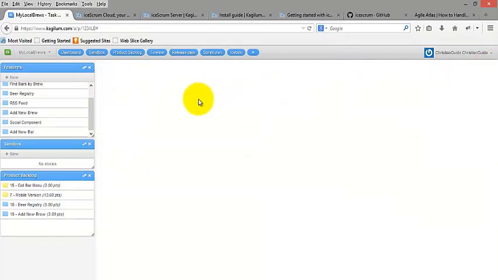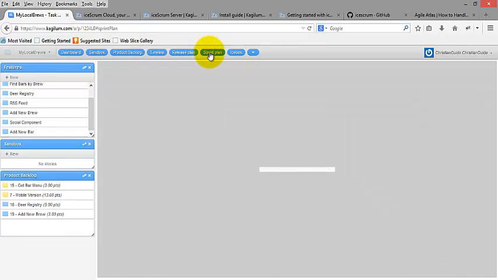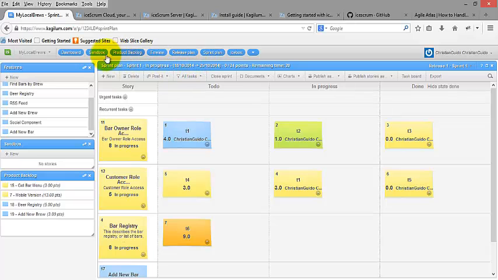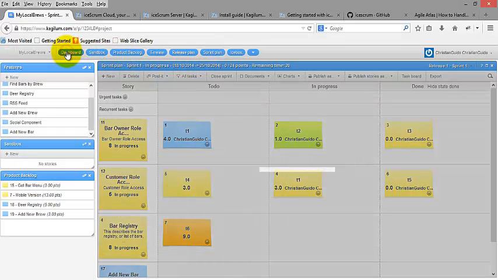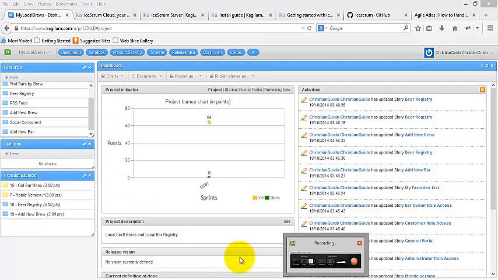Now that we finally have some information in the system, we have some hard data to go off of, so we can now finally go to the dashboard, and then we can see a little bit of what we've done. Here in the dashboard we see a project indicator. It is shown as a burn-up chart, which